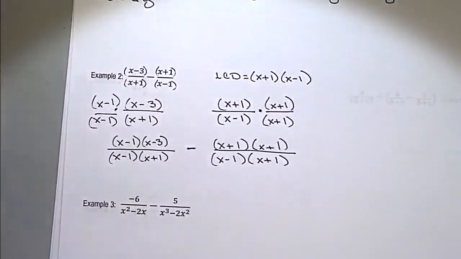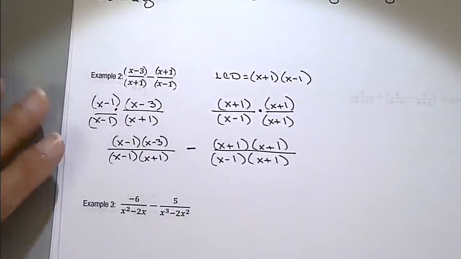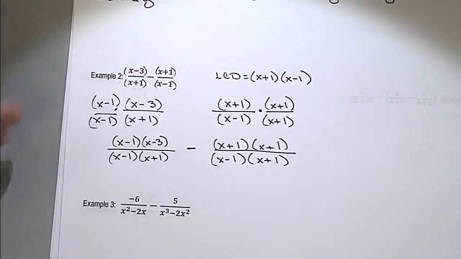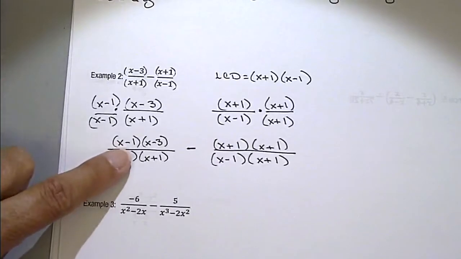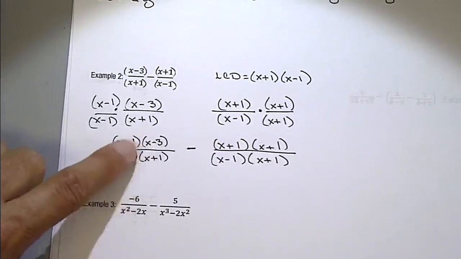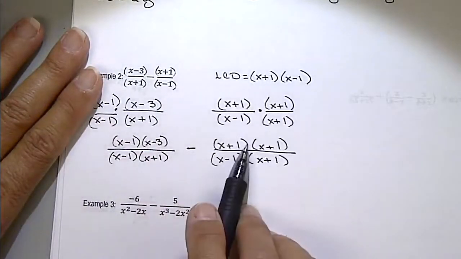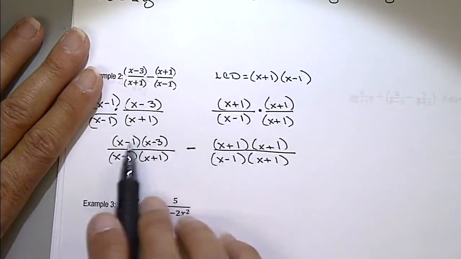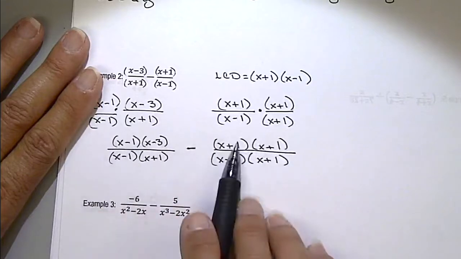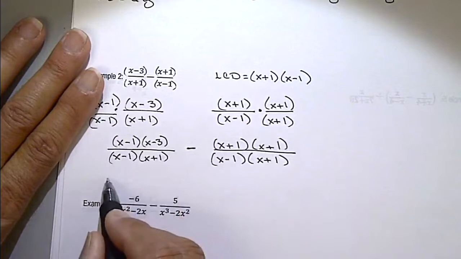Okay, I now have a common denominator. Am I ready to start combining? Well, not yet, because I've still got multiplication of these two binomials. And in order to subtract these two binomials, the first thing I need to do is simplify my numerators, okay? Are you okay with that first? So let's come down here and say this is,